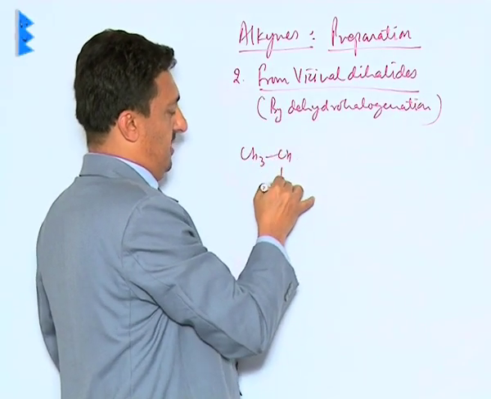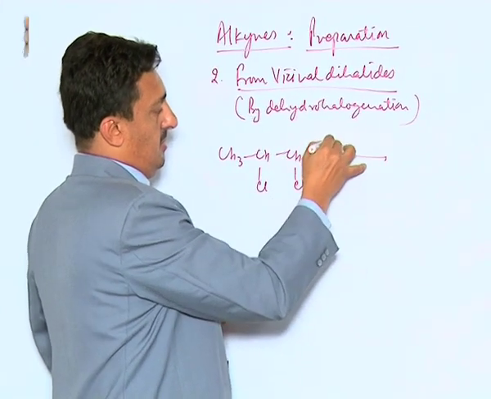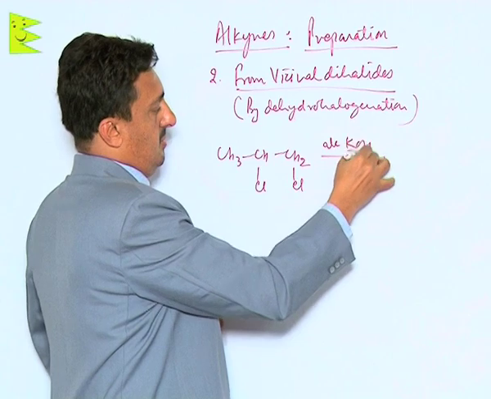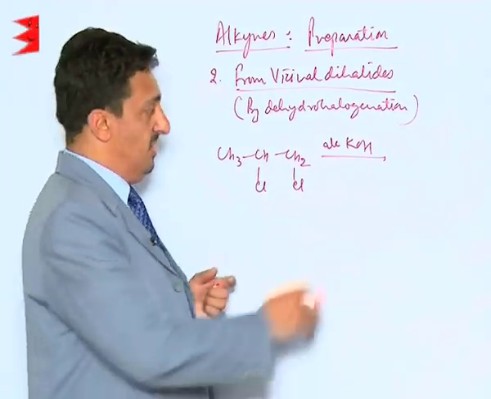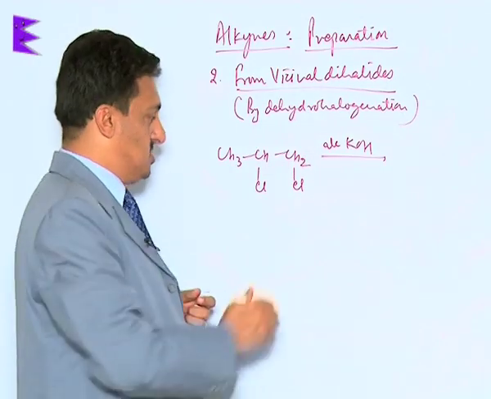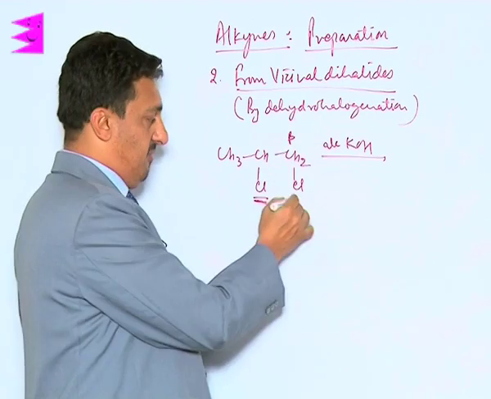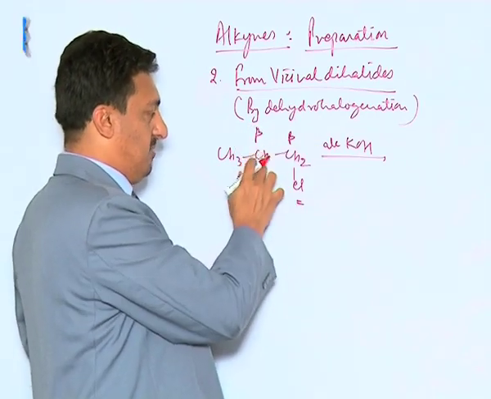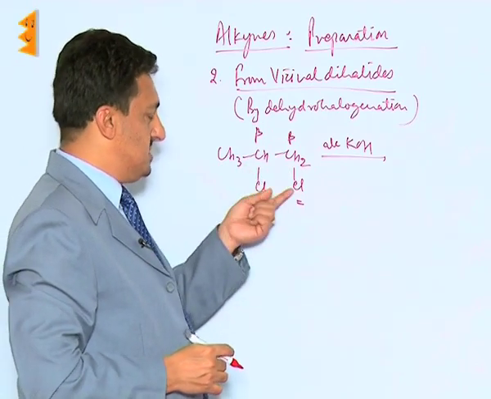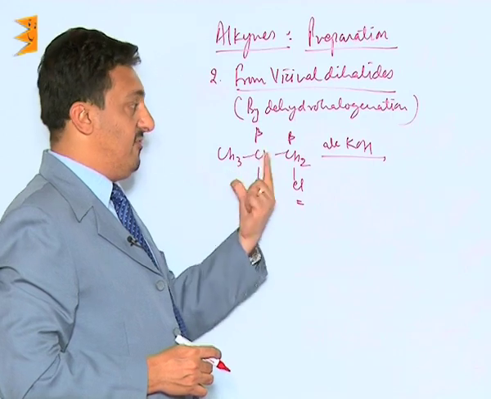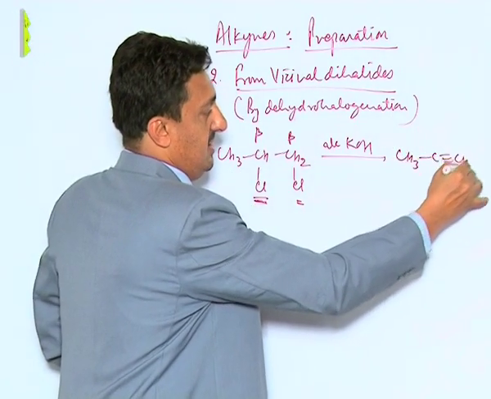So if we have this type of vicinal dihalide like 1,2-dichloropropane, and we react this with alcoholic KOH, we need to know this. For this chlorine, this is the beta carbon from which the hydrogen can come, and from this chlorine, this is the beta carbon or beta hydrogen available from this carbon. That's why, due to the two dehydrohalogenations taking place simultaneously, what we get is this alkyne plus